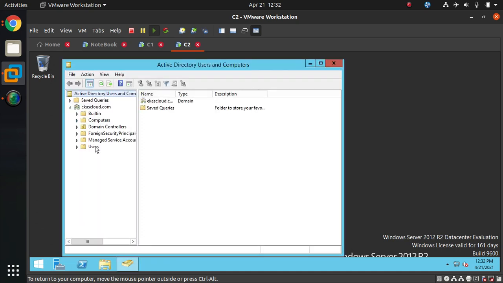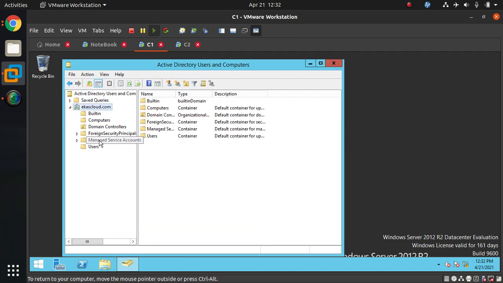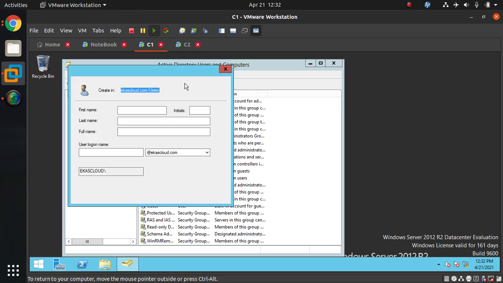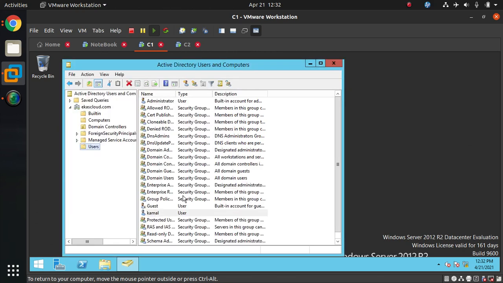In Active Directory Users and Computers you will find the same, and I go to RDC. Under RDC I will create one user object. The user is Kamal, a user account. Kamal is the login name and password. If you type all this information here and go next, finish.